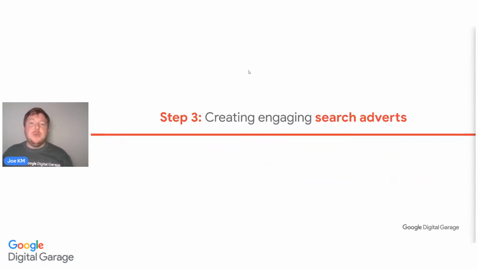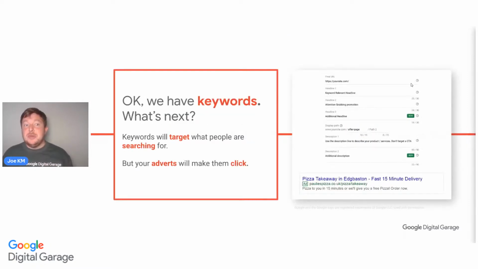Once we have a consideration for keywords, we can then start to think about creating engaging search adverts because we've started to understand this process. What we have to do is consider that the keywords we're considering need to match up with the content that we're writing. These keywords can now come across into the actual ads that are going to be seen online. This is a really good way of getting the keywords to match up with the ads, so that the answers to the questions they're asking are what you see on the actual ads.